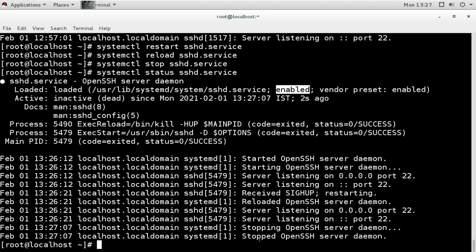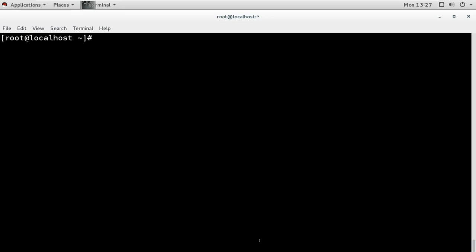So that is the default status. If you want to change that or to see that, you can check the is-enabled command for that service. So it says that it is enabled, and you can do what? You can disable it.